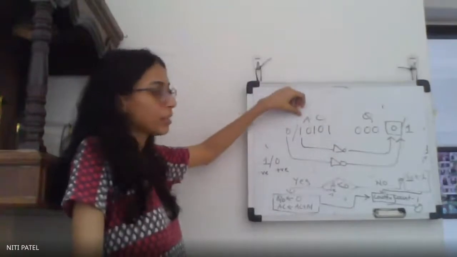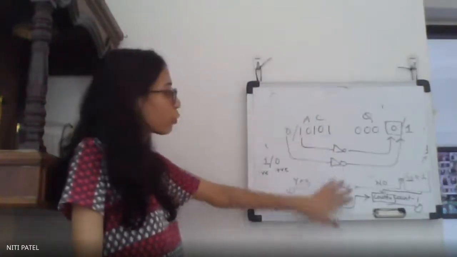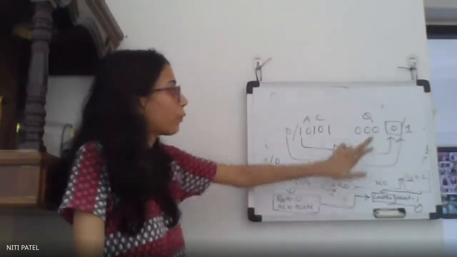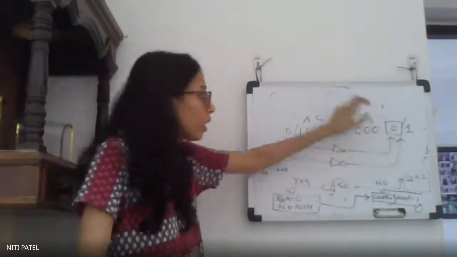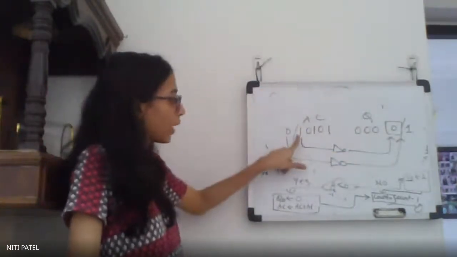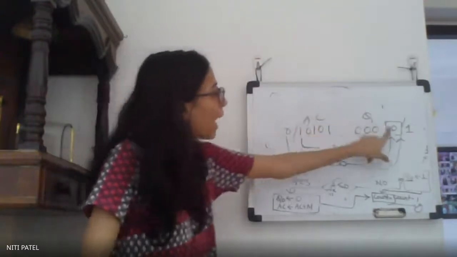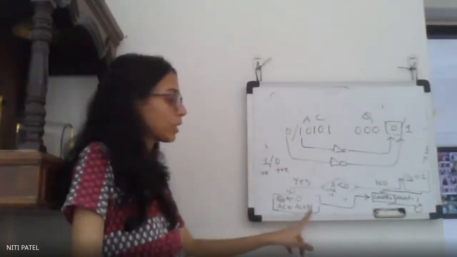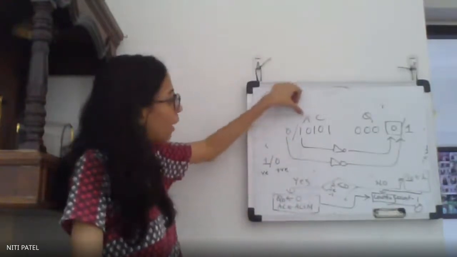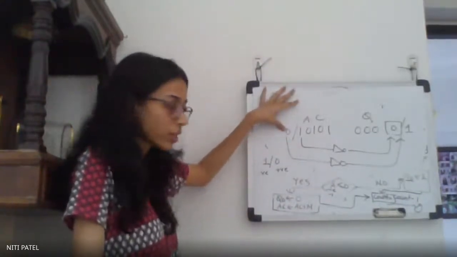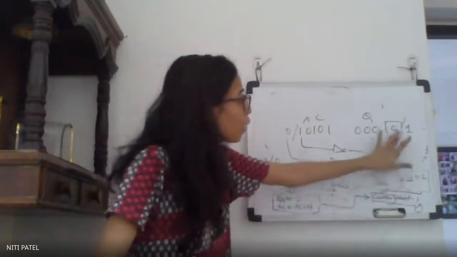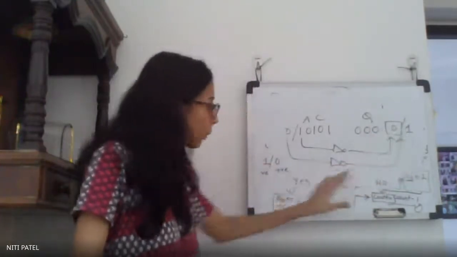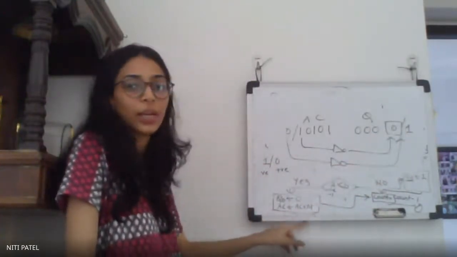I repeat again. After you perform AC = AC - M, you have to decide the value of A and fill the value of Q0. So if the value of A is 1, that is negative, put the value of Q0 as 0 and then perform AC = AC + M. But if your value of A is 0, which is positive, just change the value of Q0 to 1 and do not perform AC = AC + M.